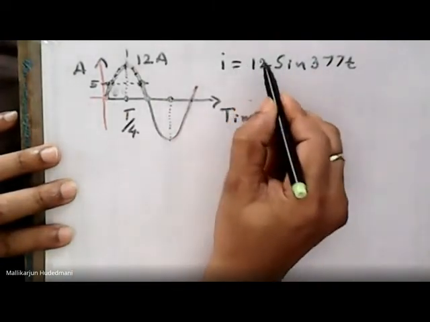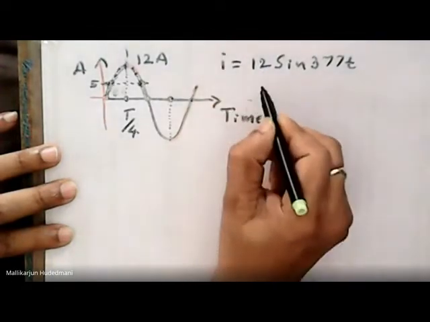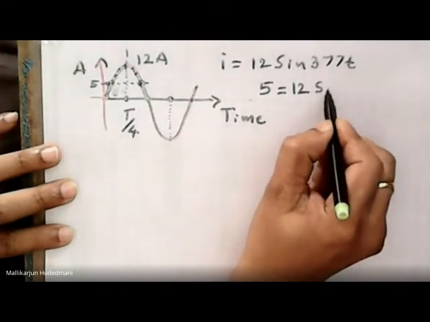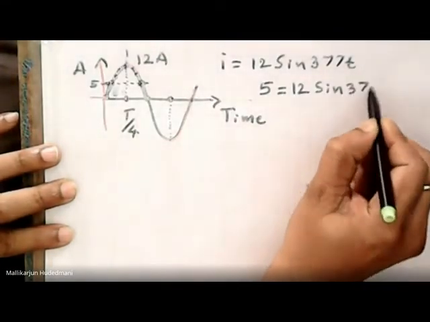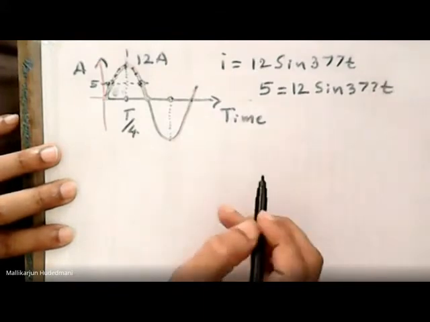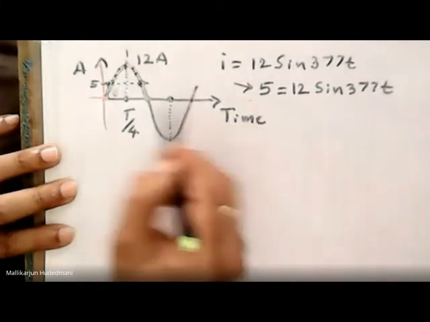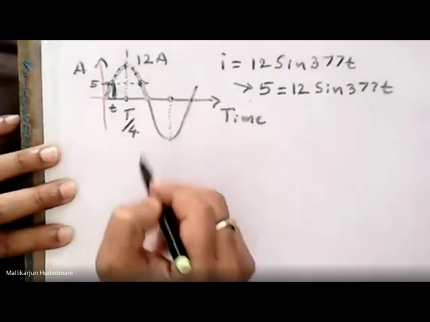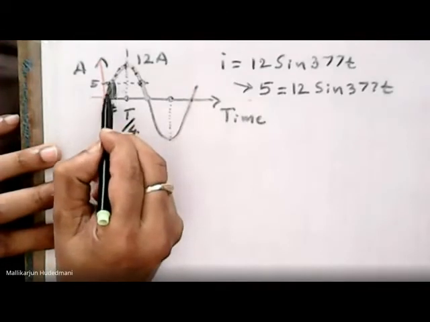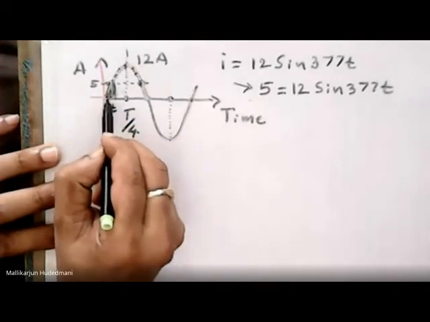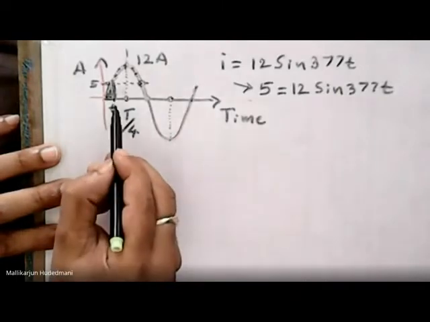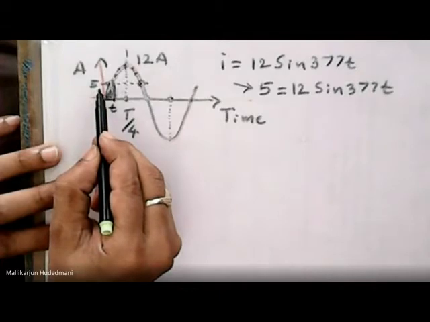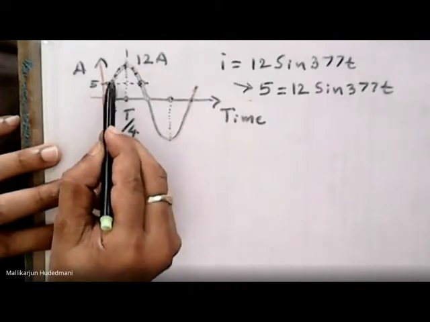This quantity represents 5. This left-hand side I represent as i equal to 12 sine 377t. If I equate it, this is my equation. When does that quantity represent 5? So this is this time, on the vertical axis. When I take it down, that is the time. I circle it and make it dark here. At this time t, the value of the quantity is 5 ampere. As an example, it is not 9.6 as per the question. I took 5 here just for simplicity.